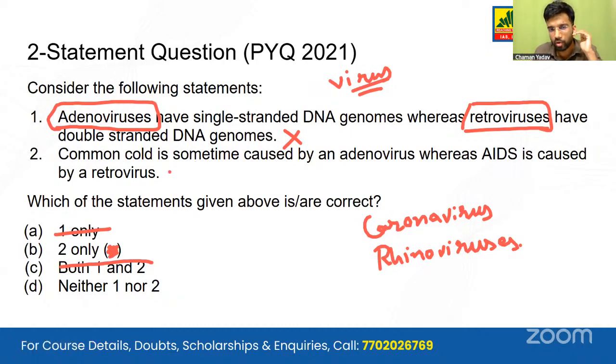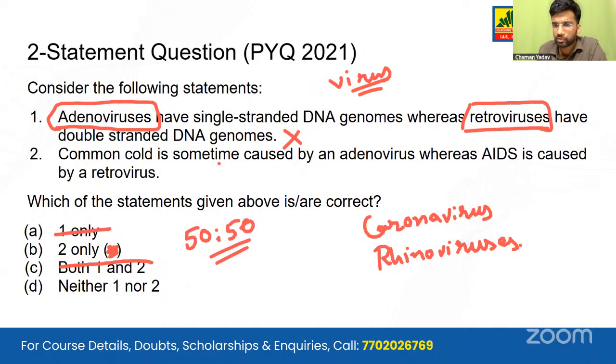But you have to know that common cold is also a possibility, so your chance to solve this question becomes 50-50. And if you are lagging behind, if you have not attempted an ample amount of questions, around 70 to 80 questions, then you should go and attempt these types of questions in which you have eliminated two statements, two options.